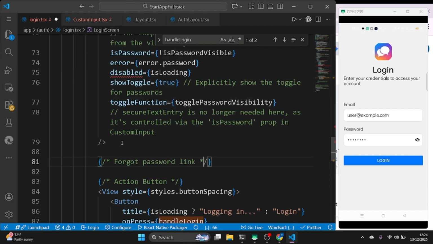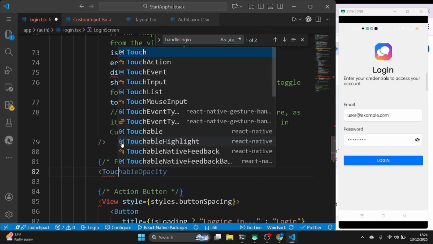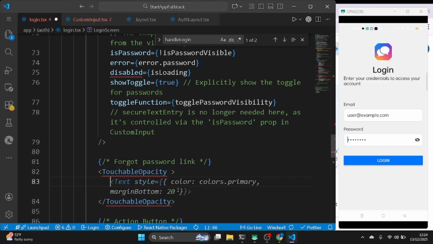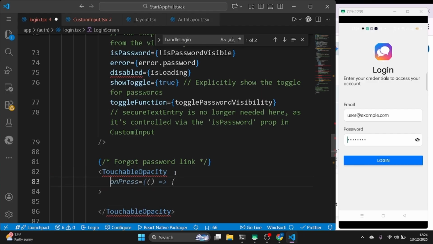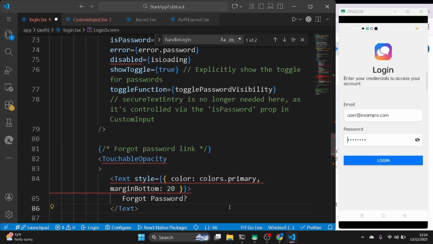Password. So for that, we can use touchable opacity like this. This one will give us a couple of things to do. First of all, we can pass text. We need to pass text. Let's say text, forgot password. We can import text from